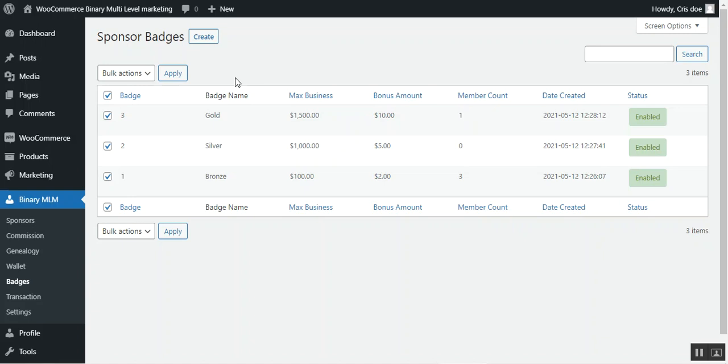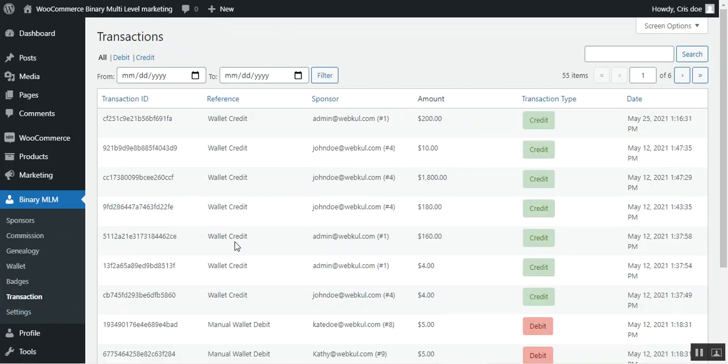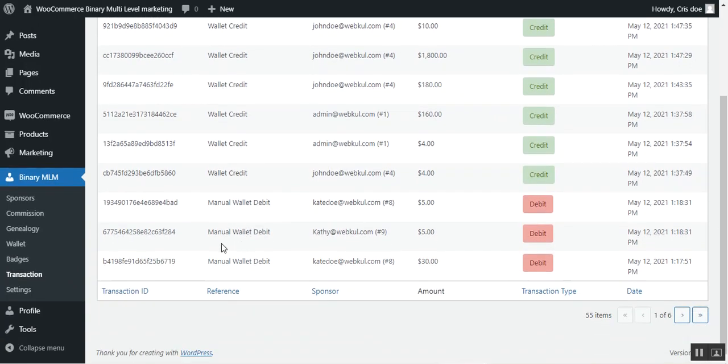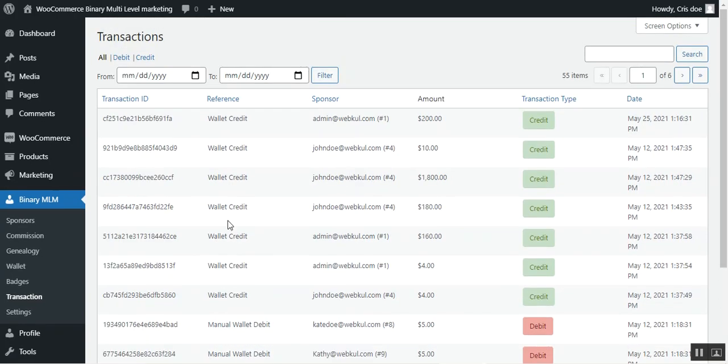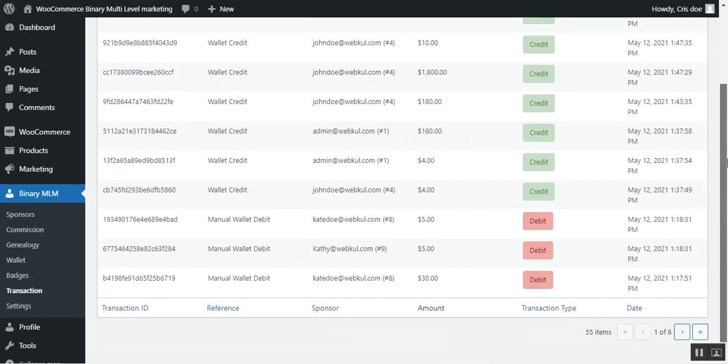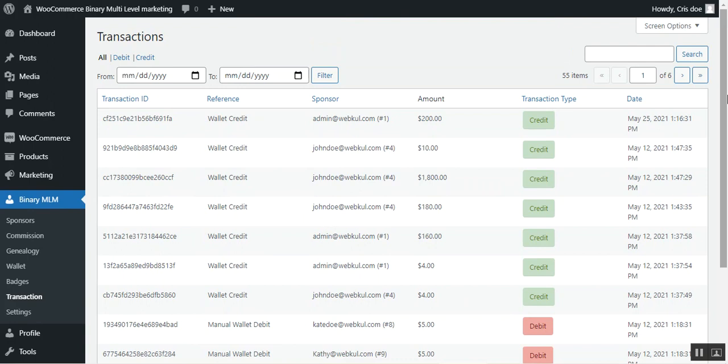Now after the badges, we have the transaction section. So here the admin will find the complete list of transactions. With the reference here you can see that there's a wallet credit, manual wallet debit, and the wallet credit, along with the transaction ID, the sponsor name, the amount, and the transaction type of credit and debit. So whatever credits and debits have been done by the admin towards the sponsors, all of those transactions would be